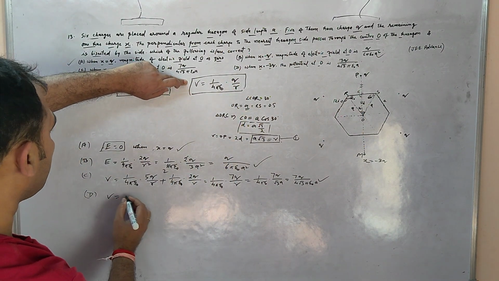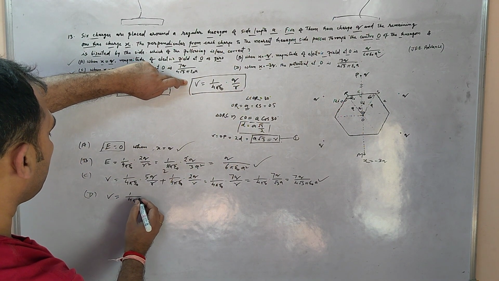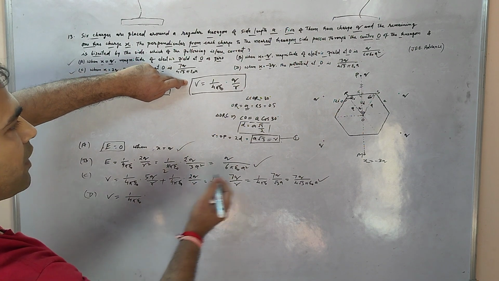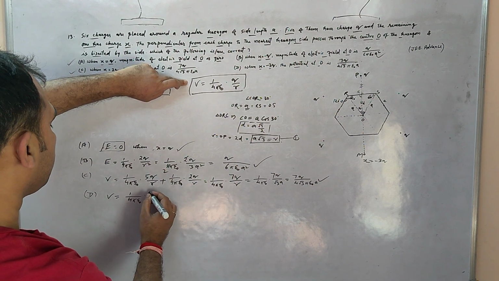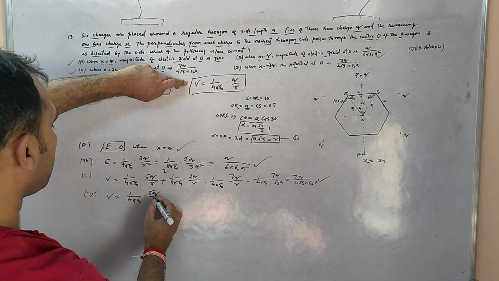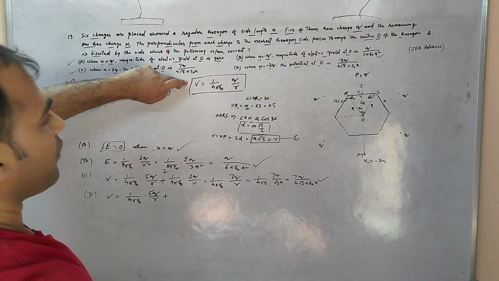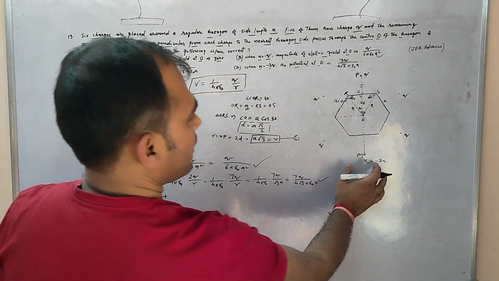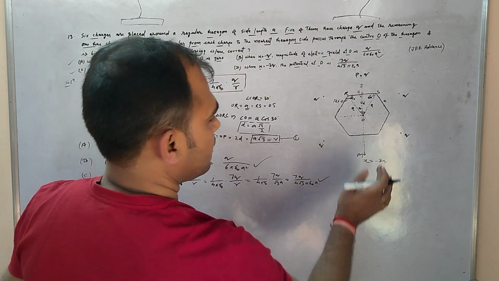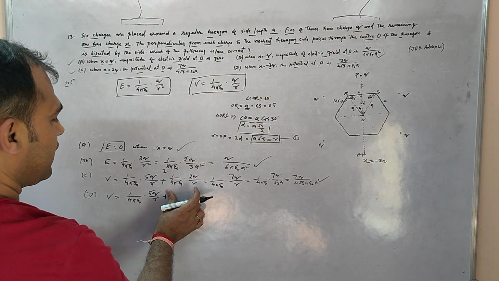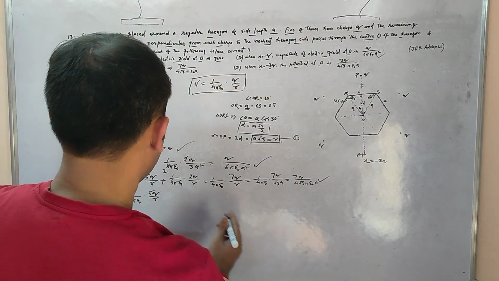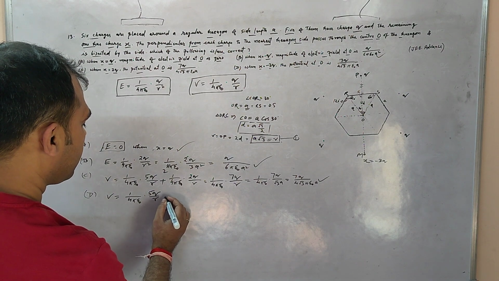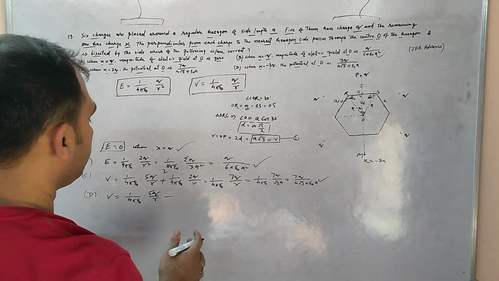V is equal to 1 upon 4 pi epsilon naught q by r, 5 times. So 5q by r. But this is a negative charge, so the potential due to this will also be negative. So this will be subtracted in place of addition,